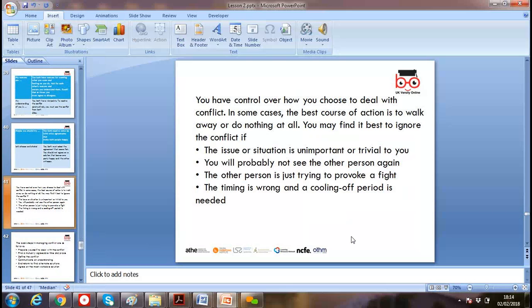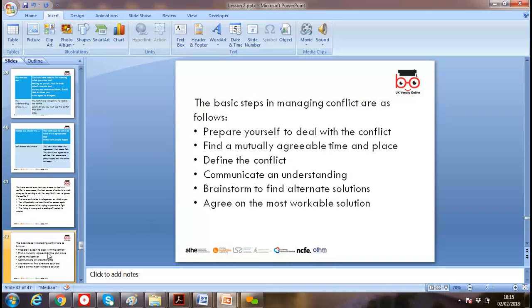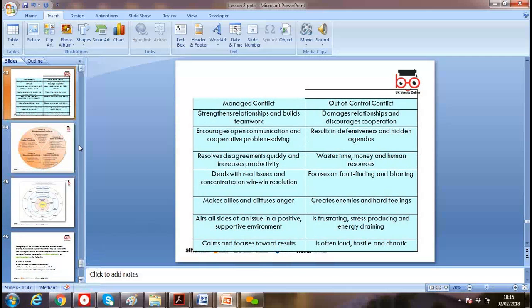But we need to look at the situation and identify the reasons for conflict. If, maybe, an organization doesn't have clear policies in place, conflict will start. So you have control over these. To deal with conflict, we need to look at how we can put control in place as a manager. Clear policies and procedures in place will help us. We need to manage conflict, strengthen relationships and build teamwork. Out of control, conflict damages relationships, which leads to poor performance, and ultimately we lose.